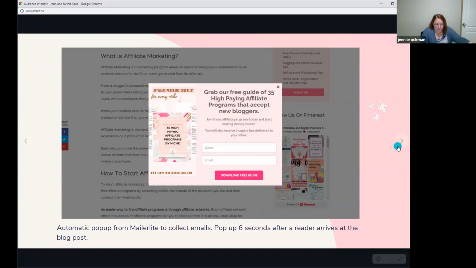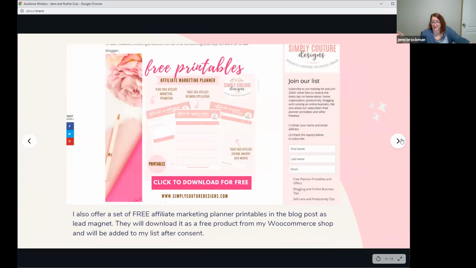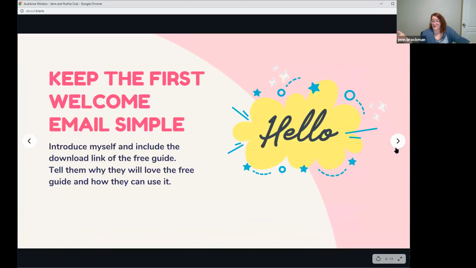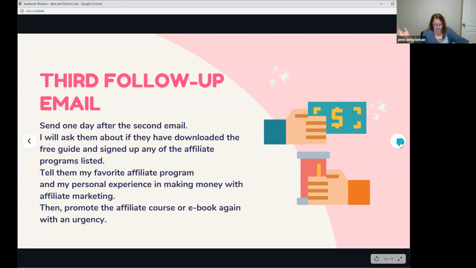And then I love how you actually went back over what each of your follow-up sequences are and what they actually include. So you immediately give them the download link, and then your next one reminds them to download it, and you also share ways that you think they could use it. Yes, different ideas for them. Yes, that's the second one. And then the next one is just a reminder again to download, and it looks like